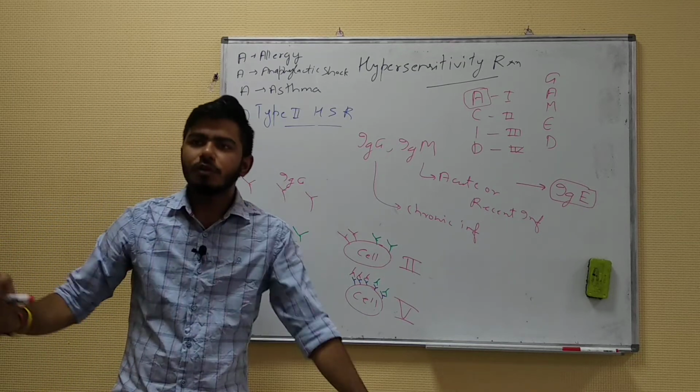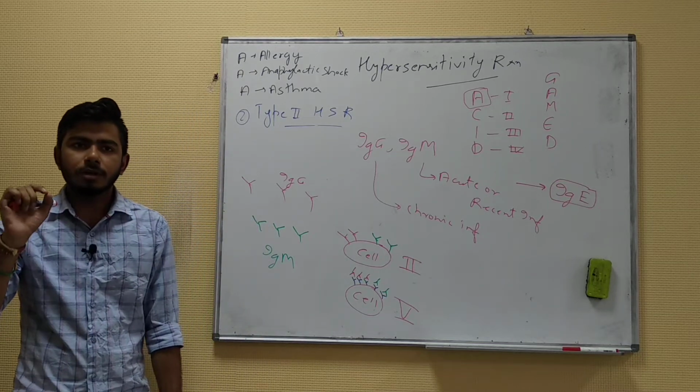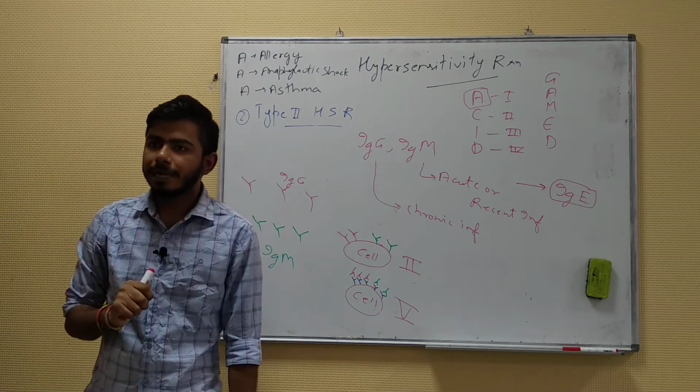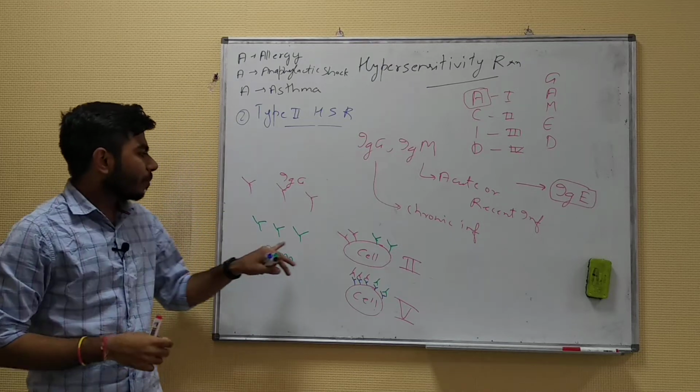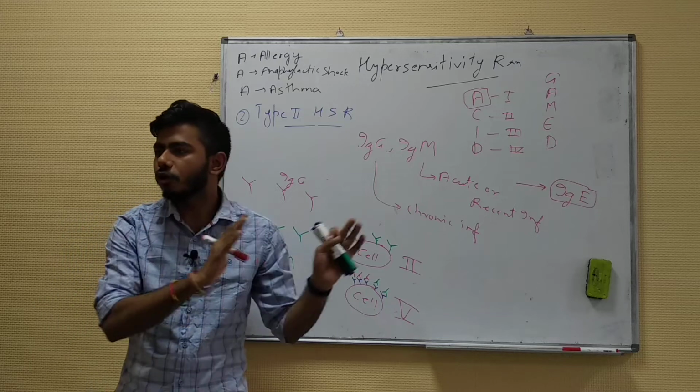Any single MCQ will not be asked on type 5 hypersensitivity. Okay, so you have to consider type 1, type 2, type 3 and type 4 hypersensitivity. So coming back to type 2 hypersensitivity, these are the soluble immunoglobulins flowing